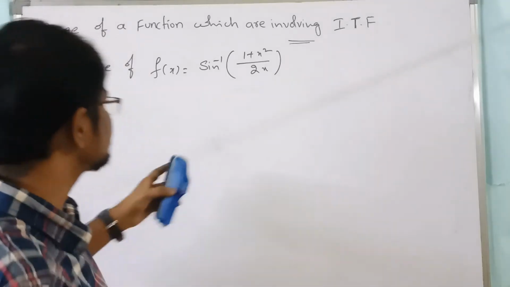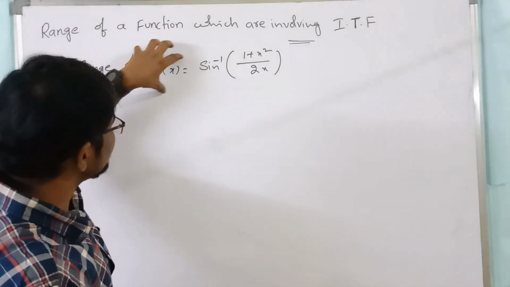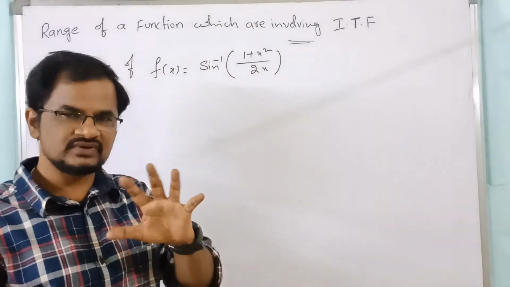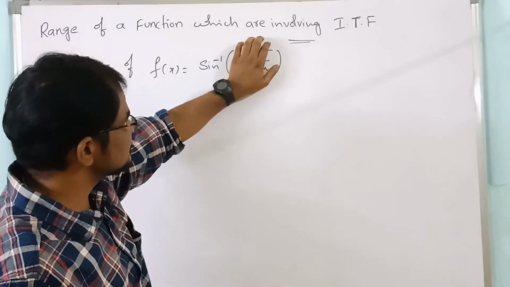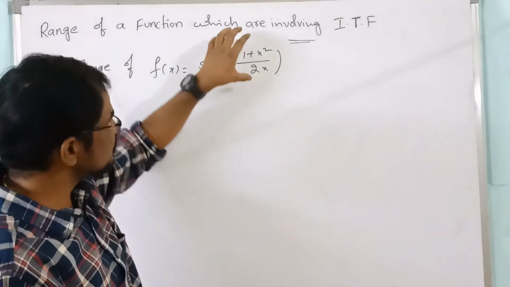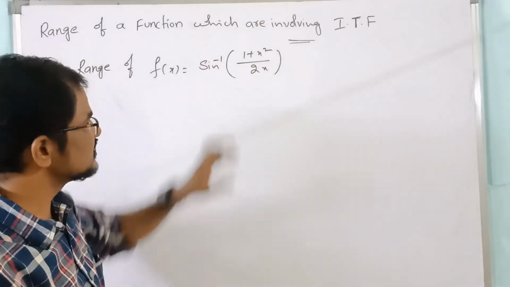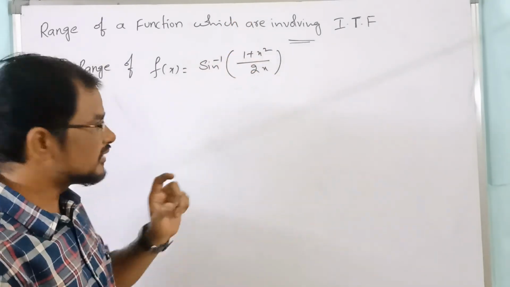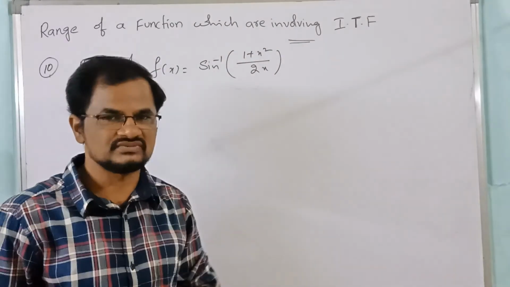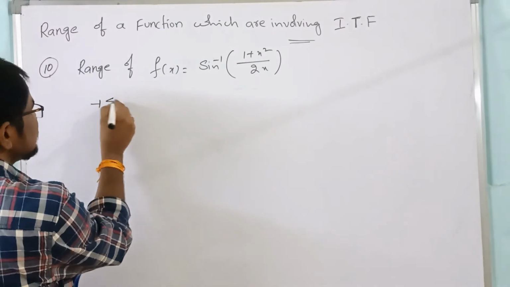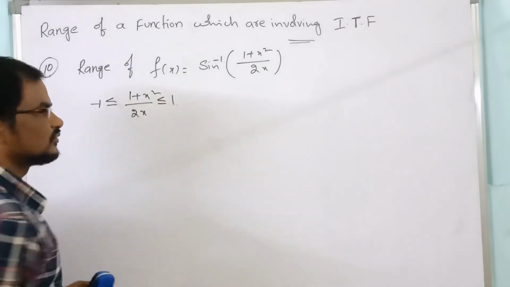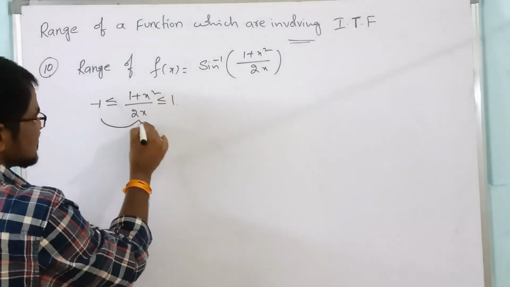Okay. Now this problem. Here what they have given: f of x equals sin inverse of (1 plus x square) by 2x. So in all these problems, first we find the range of the inside function, where this function exists from where to where. After that we apply the sin inverse. Here they have given quadratic by linear, that means 1 plus x square by 2x. But we know that sin inverse of x exists from minus 1 to plus 1, right? So you can write minus 1 less than or equal to (1 plus x square) by 2x less than or equal to 1.